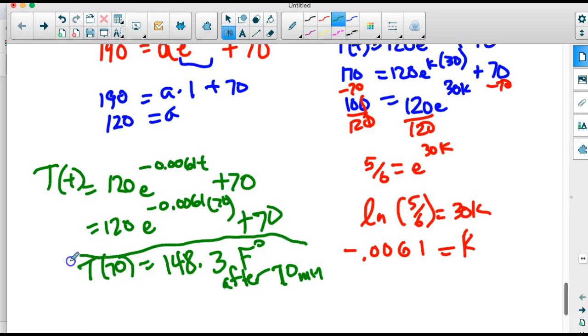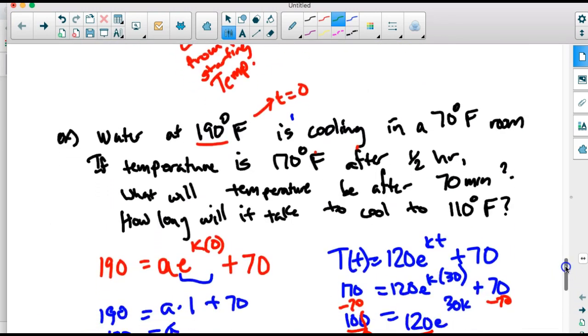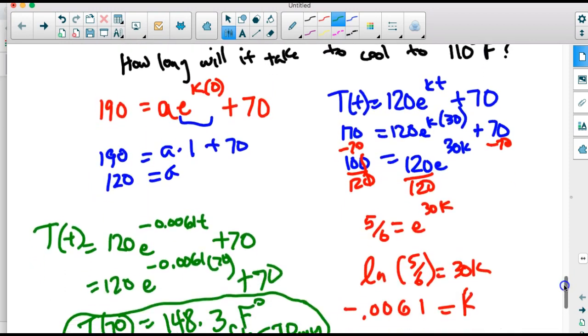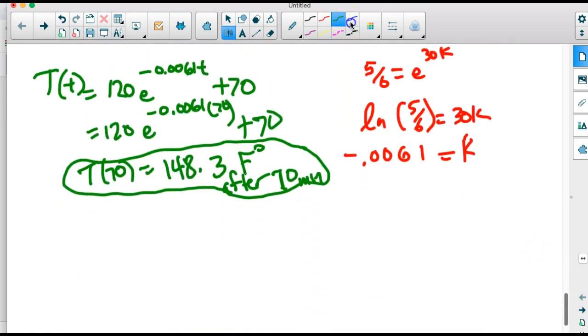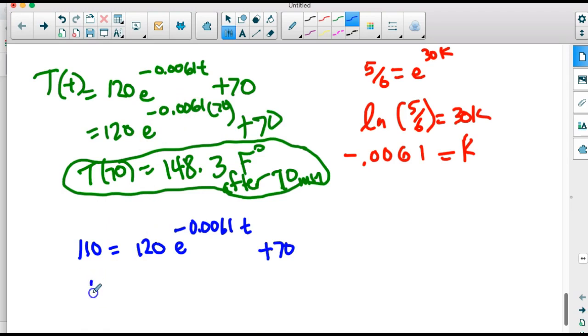So that's the solution to the first question here. What is the temperature after 70 minutes? And then it asks how long does it take to get to 110? So that's solving the equation backwards. So we started with 110 being our temperature, and we're solving for t. So the first thing we do is subtract 70 from 110, and then we're going to divide by 120. So if we do that, we get 40 equals 120 e to the negative